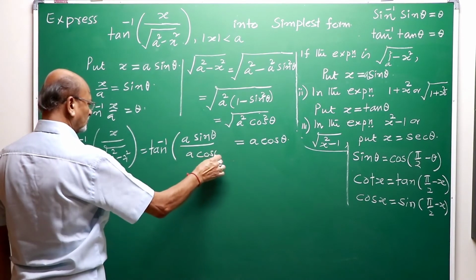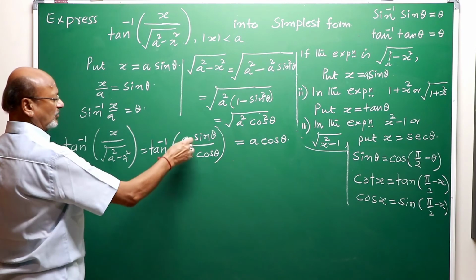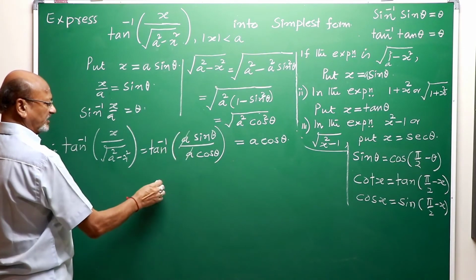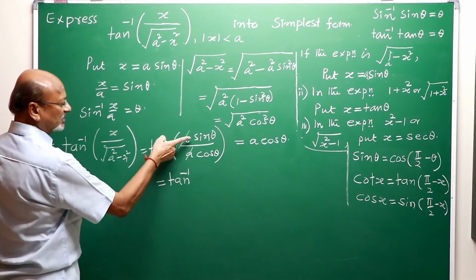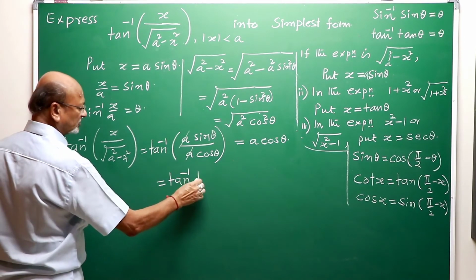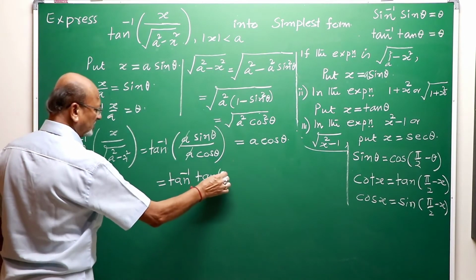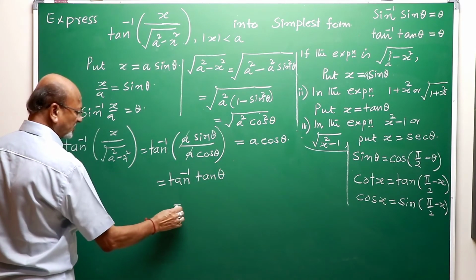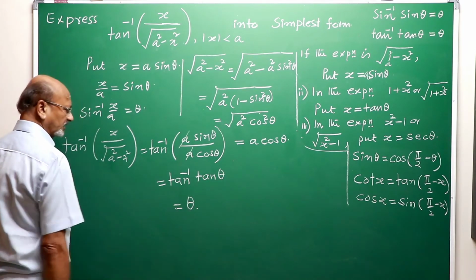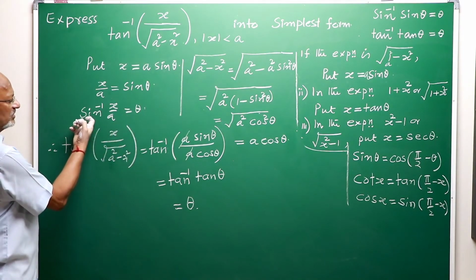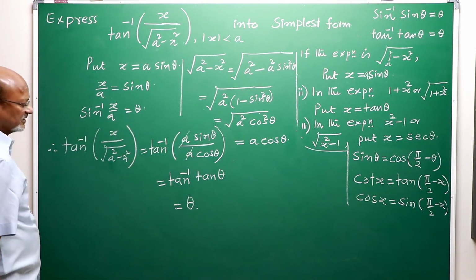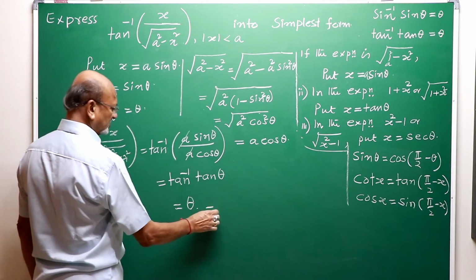What cancels? A. It is tan inverse. What is sine upon cos? Tan theta. What is tan inverse of tan theta? Theta itself, my friend. Already that value of theta you are observing here. So this theta is nothing but